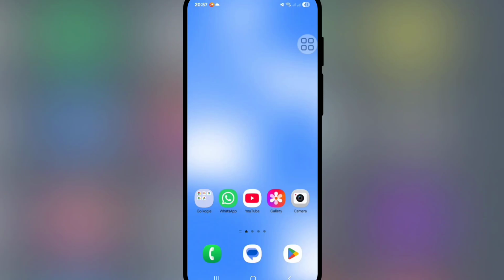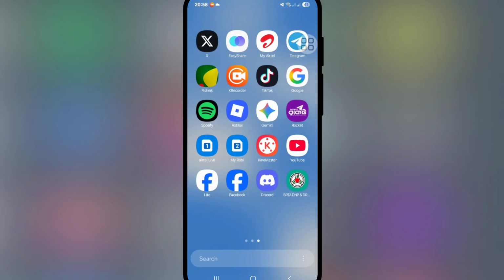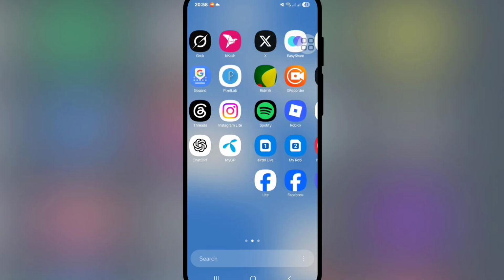Hello viewers, are you experiencing a video that keeps appearing repeatedly on Facebook? In this tutorial, I'll show you how to fix this problem. Let's see the steps. For fixing this problem, first of all, find the Facebook app